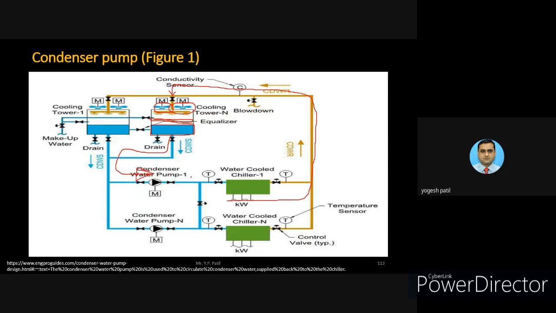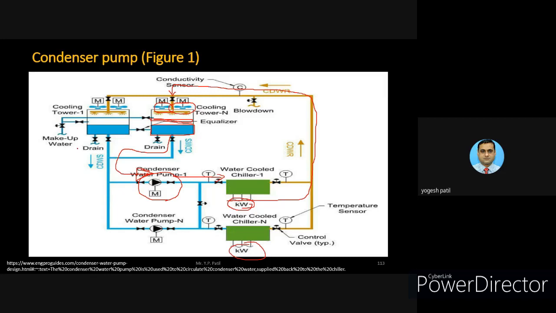Now here you can see the role of the condenser pump. This condenser pump will circulate water at proper flow rate and pressure to the chiller. If this condenser water will not be properly controlled, then there is an effect on the chiller. Ultimately, the output of the chiller will not be proper. So this is a parallel arrangement, so this is the secondary cooling tower, and here you can see the secondary chiller. The same is mentioned.